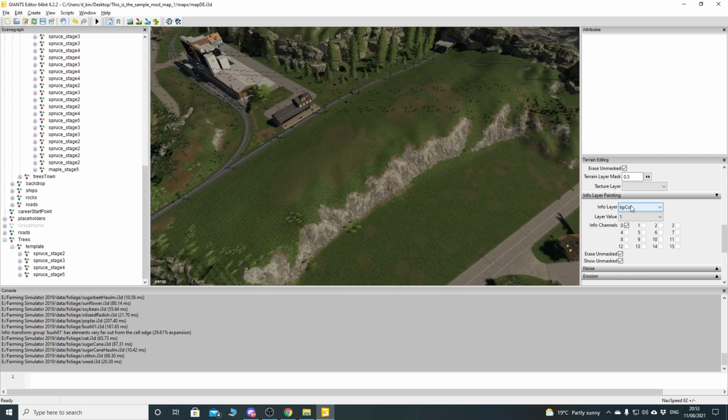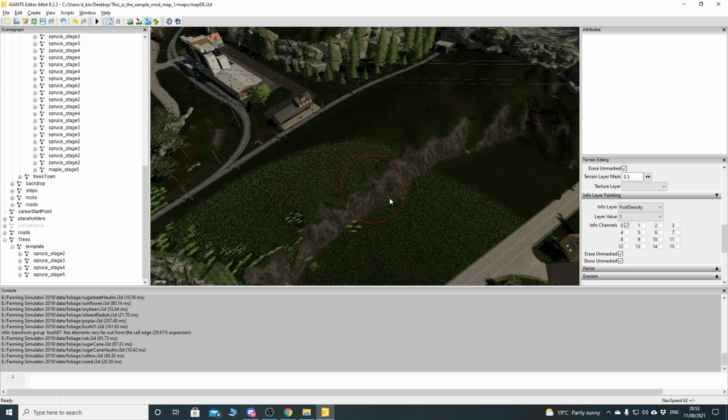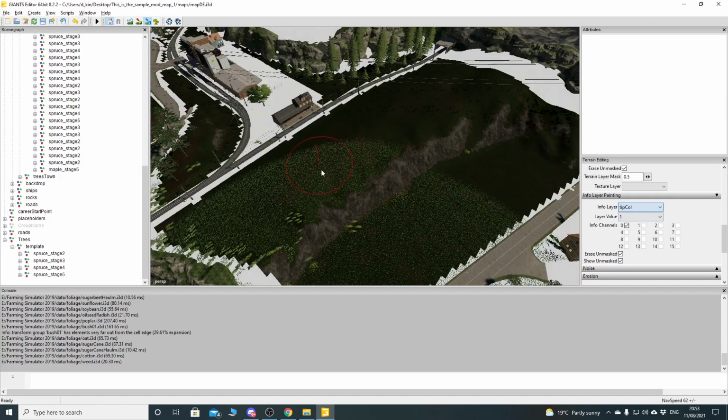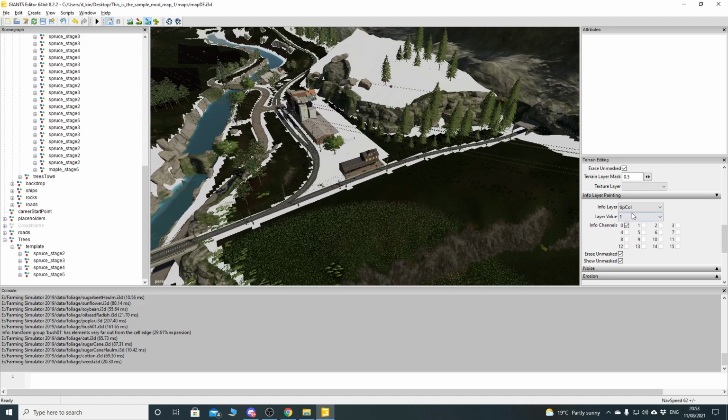So what we need to do then is under our info layer paint, make sure you're on fruit density. And what you might find is that when you go into there, you'll just have two values, 0 and 1, and that's wrong. So what you need to do is turn on the terrain info layer paint mode, first of all, then go to tip coal, and you will see your tip coal layer. Then when you go back to fruit density and go back in here, you'll see all of the density numbers reappear. Don't know why it does that, but it does that sometimes in the limited experience I've had playing around with this